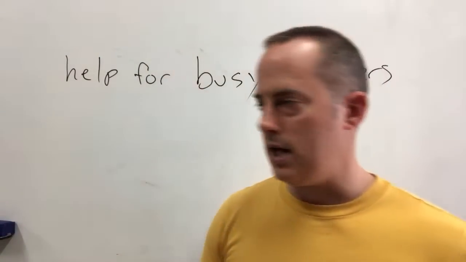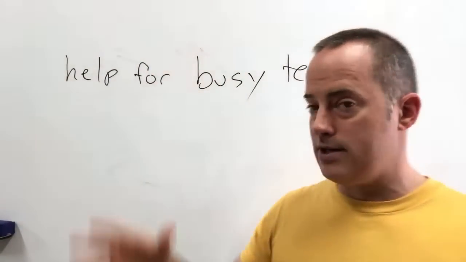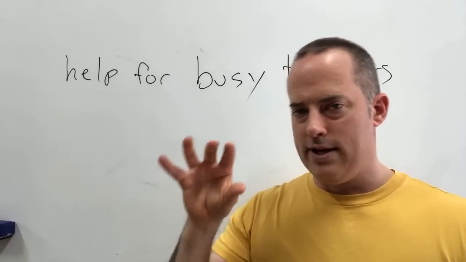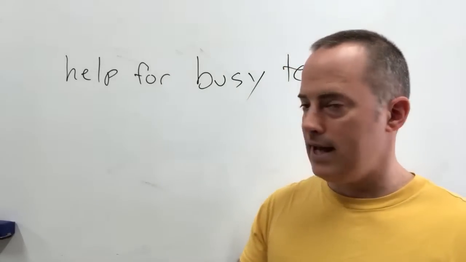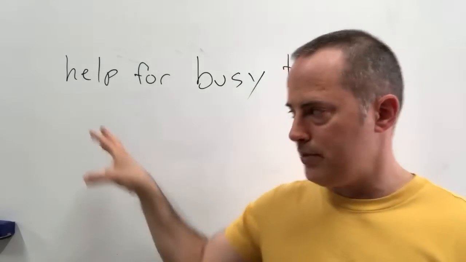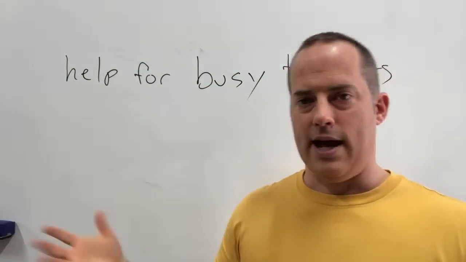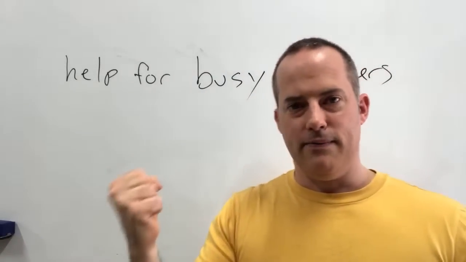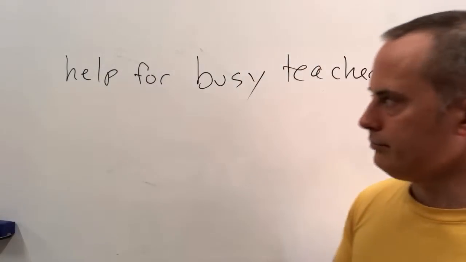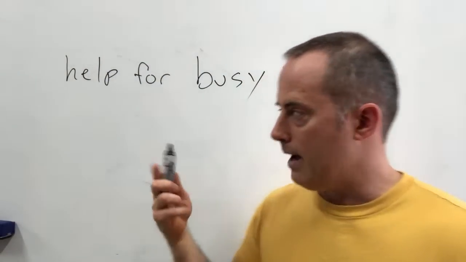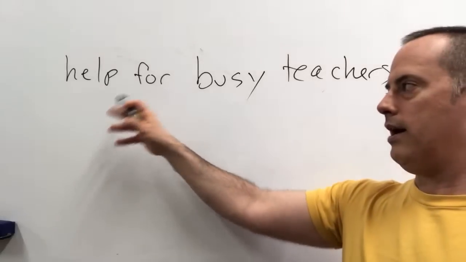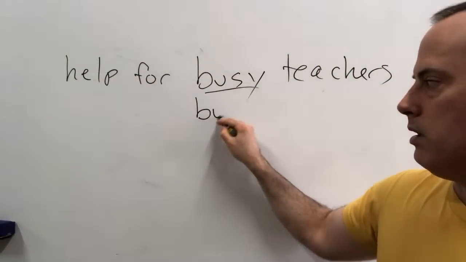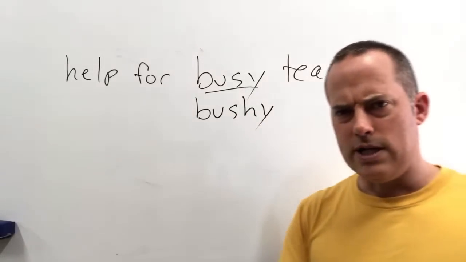Okay, let's get into the lesson. So as I mentioned, usually American kids or British kids, Australian kids, they will all have these same kinds of things when they're learning the language, where people will manipulate a word, as I showed earlier, like taking fish, and how do we change that into something else that could hurt somebody? And people would think, oh, like a fist. Oh, that's an interesting thing. And so for this one, how do we change this? Let's say we change this help for, and instead of busy, we will change this target word here, and we will make bushy teachers.